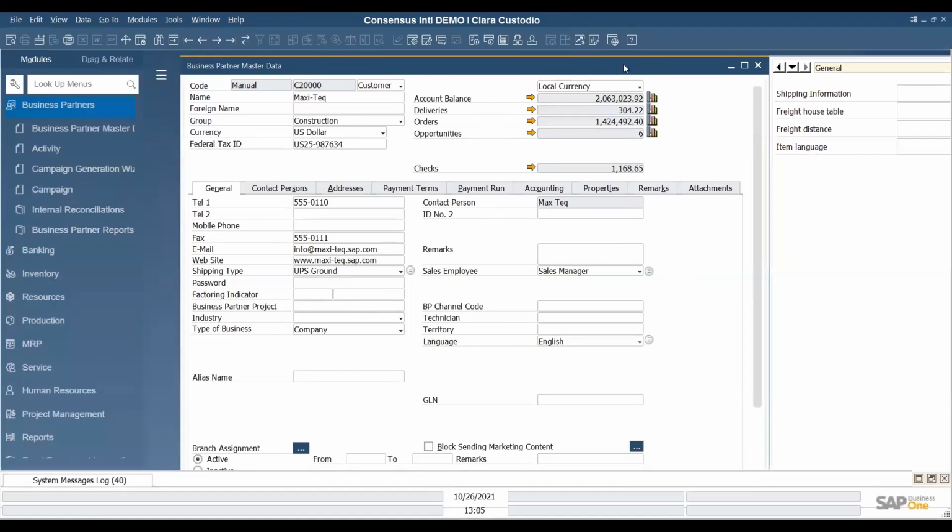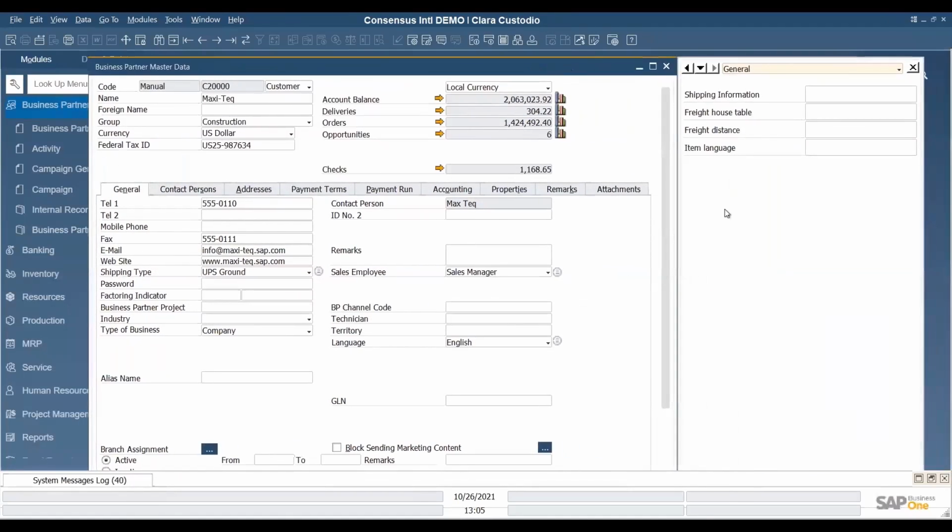Once you do this, what you will see is that an additional screen is shown to the right of your previous screen with the user-defined fields that have been created for this module.